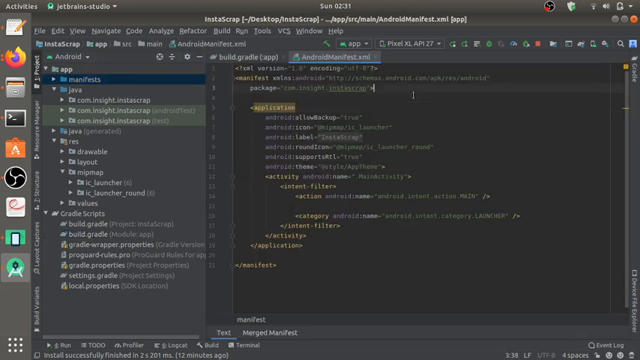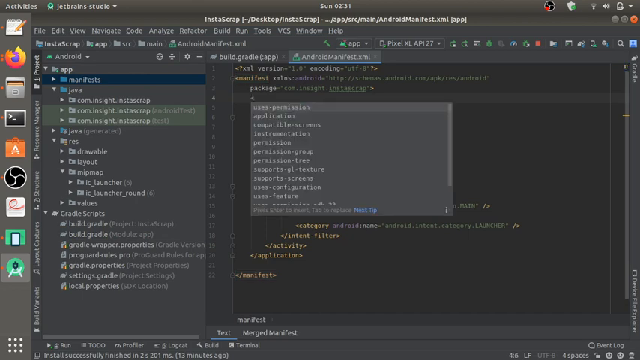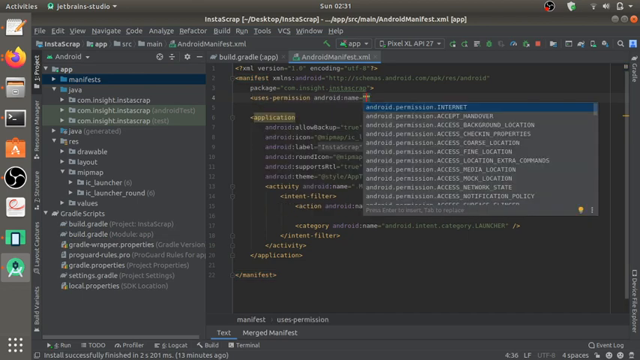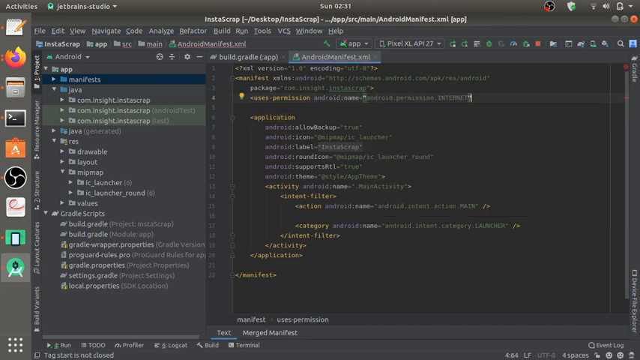In the manifest file, we have to add the internet permission. Since our app fetches the data from the internet, we have to add the internet permission to our app. In the case of any other permission such as camera or the GPS location permissions, we have to specify what are the permissions we are going to use in our manifest file. Okay, then